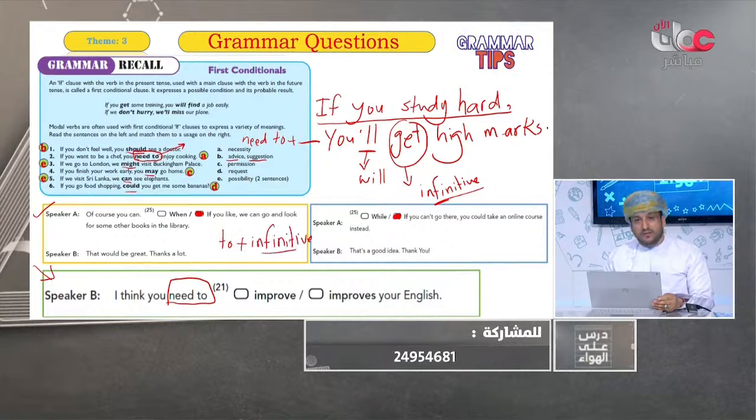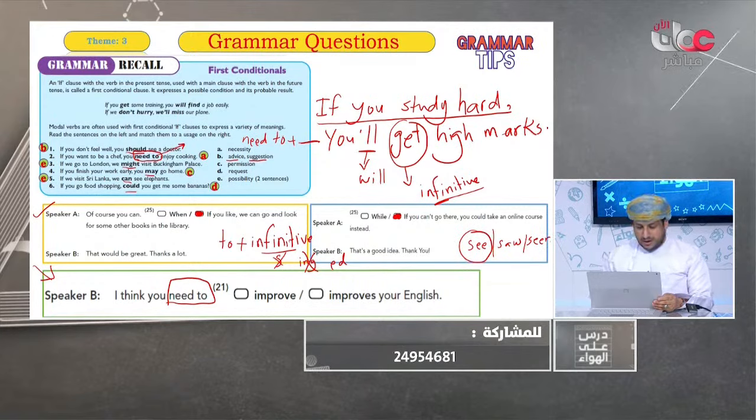Teacher, what does it mean, infinitive? Verb in the base form. The first verb without s, without ing, without ed, nothing. For example, this is see. The past tense is saw. The past participle is seen. This is the infinitive without any addition. Okay, so there is no s, no ing, no past tense, and so on. So after to, the verb will be in the base form or in the infinitive.